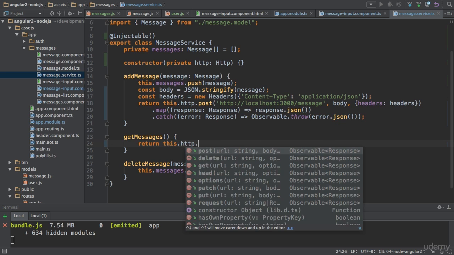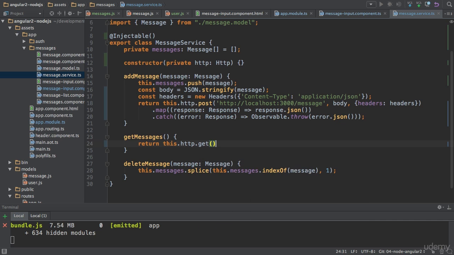I will return it because again, we will just create an observable. But here, of course, I need the get method since we will send a get request. The URL is the same as above, so you may just copy it from there. It's /message at the end. I don't need to send a body here because I'm not sending any data in the request body. And I also don't need to set up headers because again, I'm not sending any data, so no need to